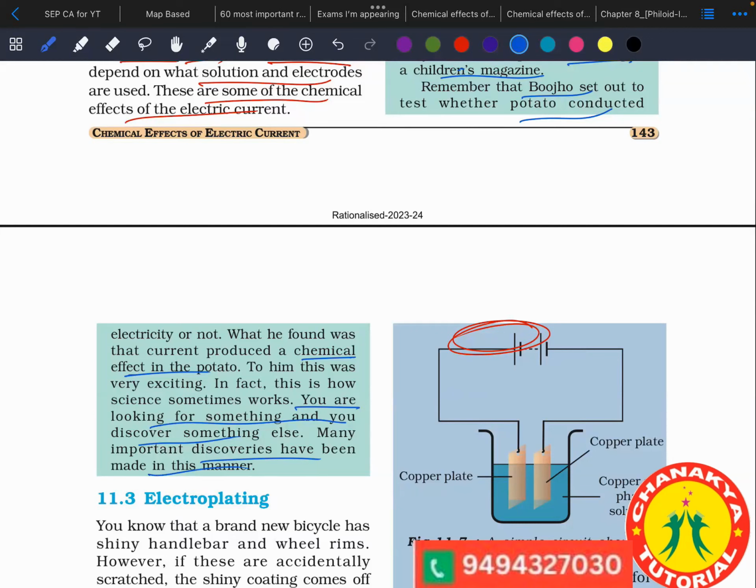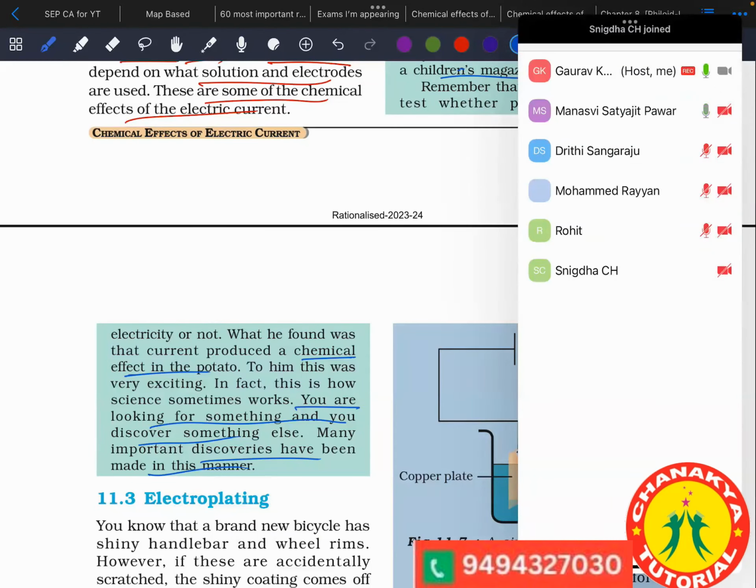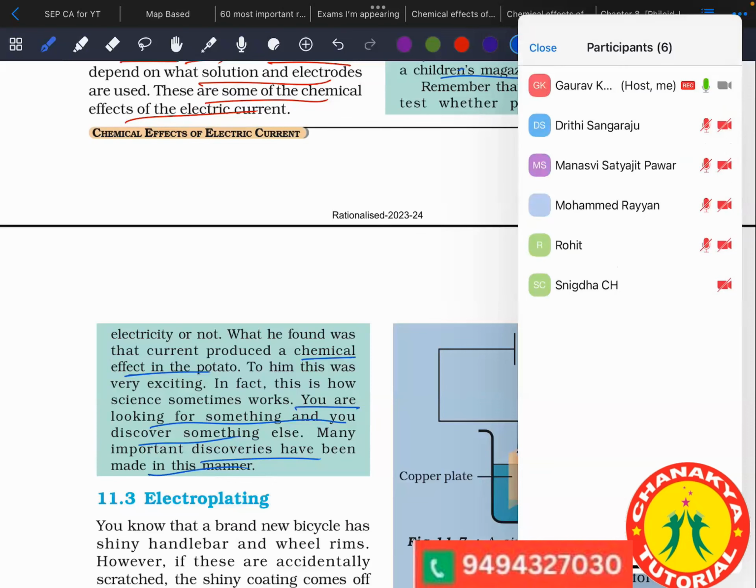So basically, if there is some kind of vegetable which has ions, like salt, as I told you, the salts are responsible for making water a conducting material. So if any vegetable contains salts or ions, yes. Sir, if a vegetable is bitter and it has basic properties, will the current flow at that time? If it is bitter and it is basic, okay,